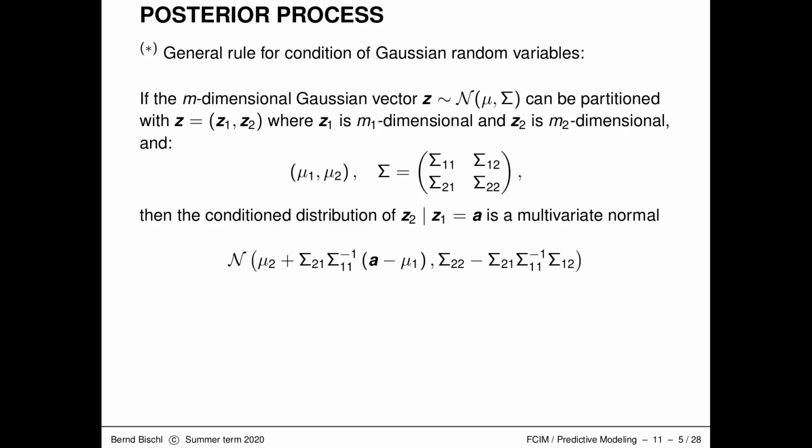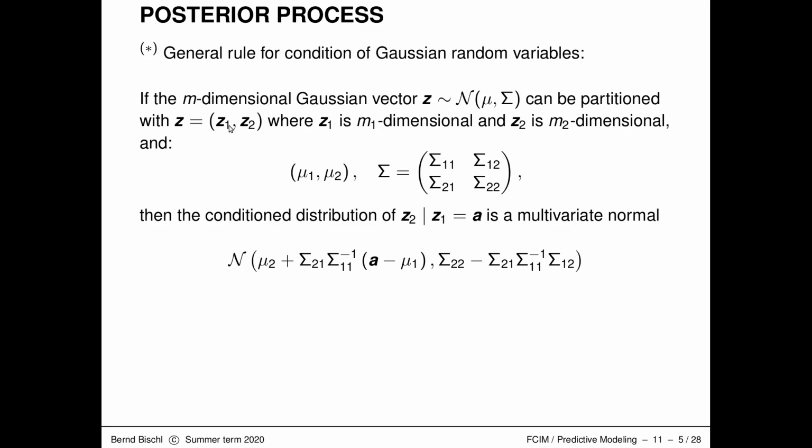So if we are given an m-dimensional Gaussian vector z, with a certain mean vector mu and a certain covariance matrix capital sigma, we now partition this random vector into two groups, z1 and z2. z1 doesn't necessarily have to be the first m1 variables. We can also reorder stuff and then pretend that they are the first ones, and then set z2 as the second group. So we can basically just partition all random variables of z into two